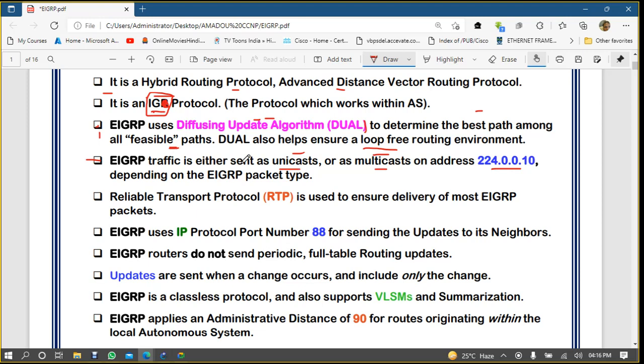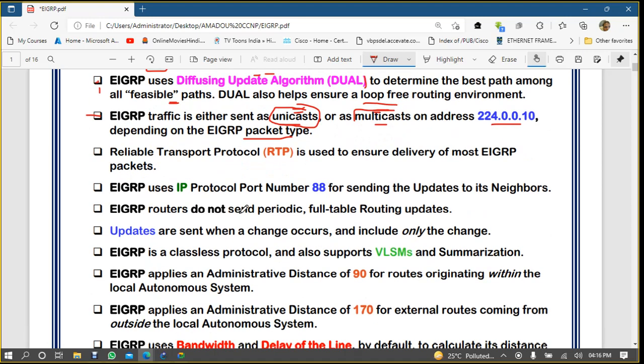So EIGRP traffic is sent as unicast or multicast, but no broadcasting. Which one it uses depends on the packet type, and when we understand the packet types, you will understand when EIGRP uses unicast and when it uses multicast.